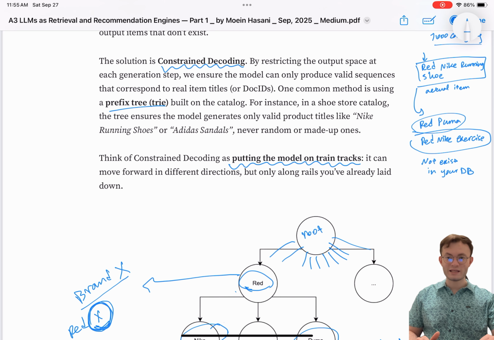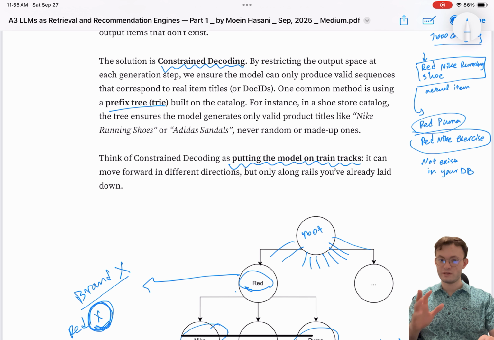So in a way, it now has access to output anything that it thinks is potentially the next item the user wants or is looking for. But at the same time, the item that comes out is only a valid item. So without having to pass all the items to the prompt, you allow the LLM to select any item from your catalog, and it's always a valid item.